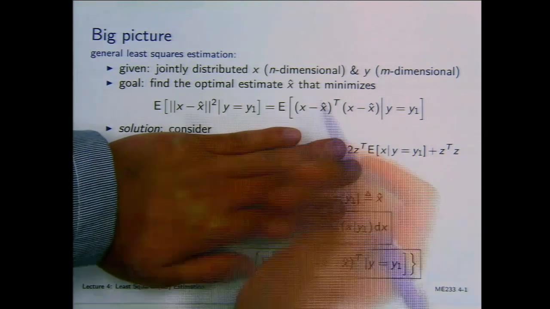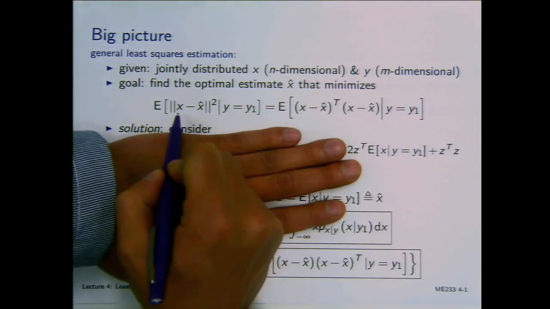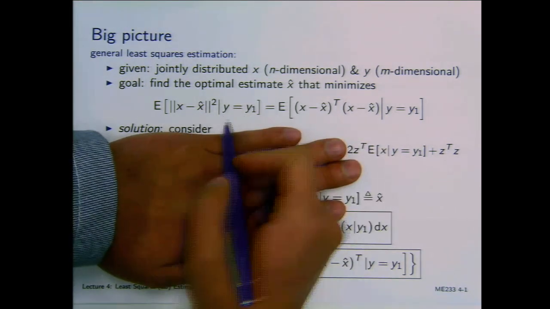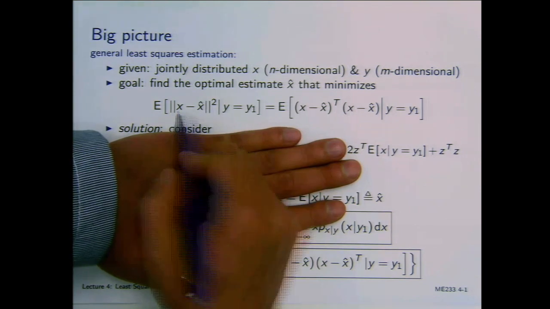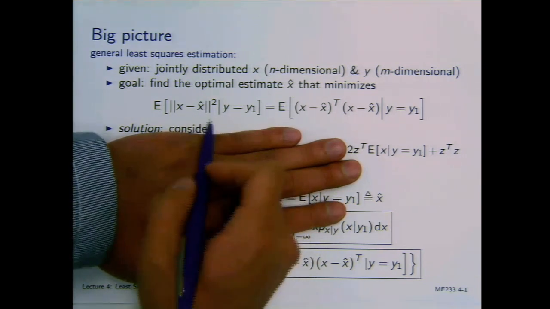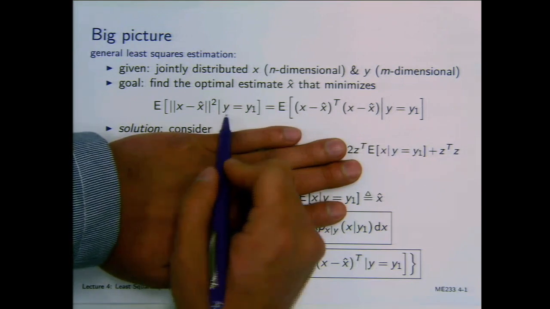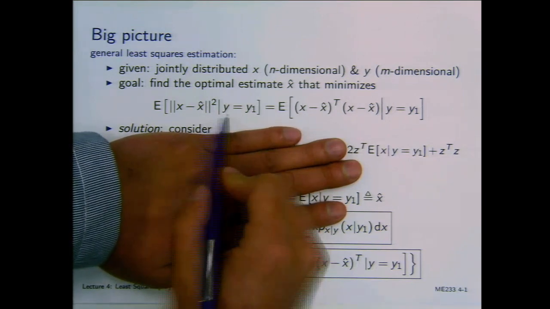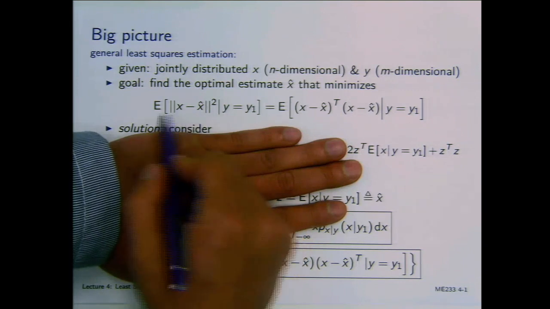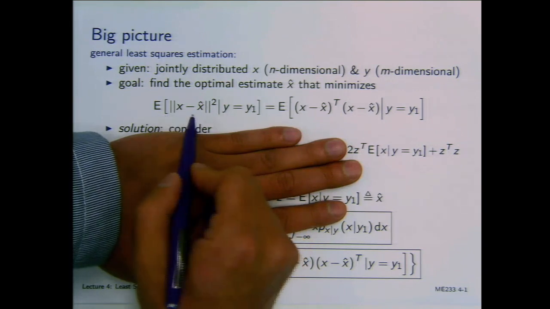X in the future will become the state of the system which we want to estimate, and y is the measurement we can get. We don't directly get x, but we get y. So we want to solve this. Someone told me, if I don't have y, if I don't get the measurement y, what would be a candidate to solve this minimization problem? If I don't know y,